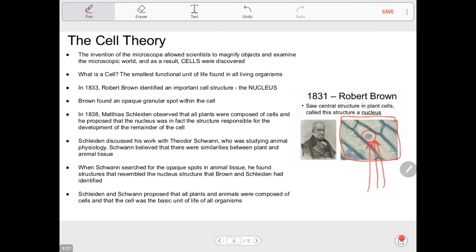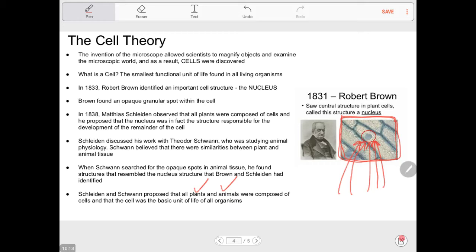Schwann believed that there were similarities between the plant and animal tissue. So when Schwann searched for the opaque spots in animal tissue, he found structures that resembled the nucleus that had been found in plants. So essentially Schwann comes along, he looks now at animal cells, and he goes, holy cow, I can see those same type spots right there. So here's what they figured out. Schleiden and Schwann proposed that all plants and animals were composed of cells, and the cell